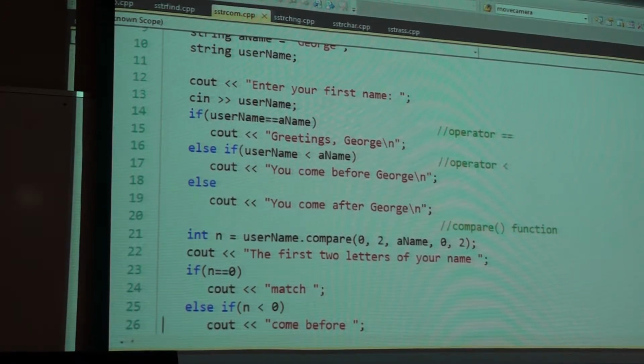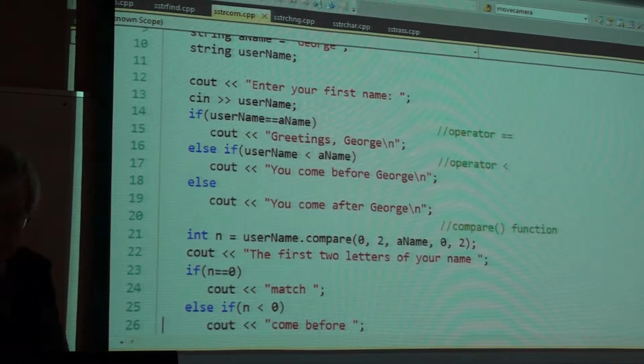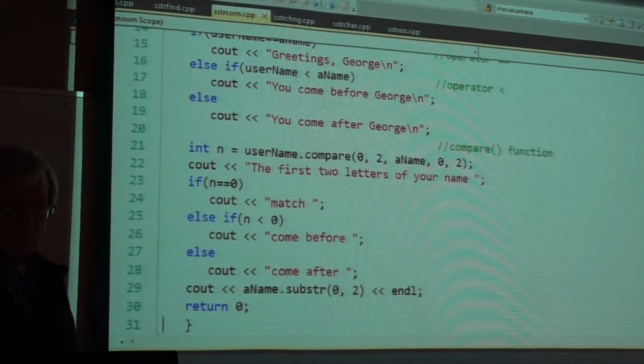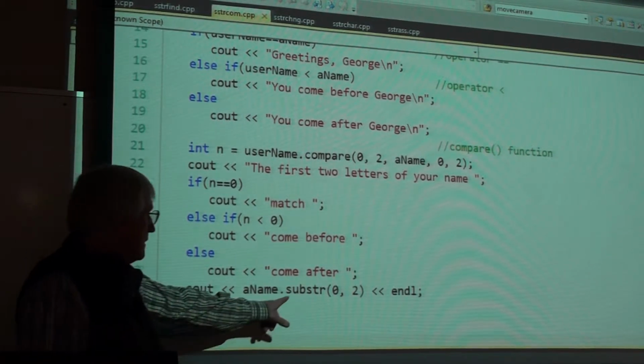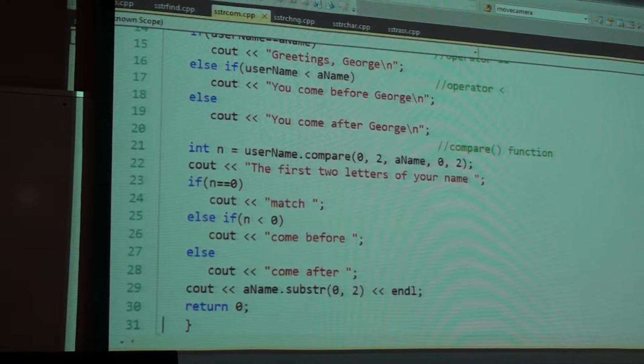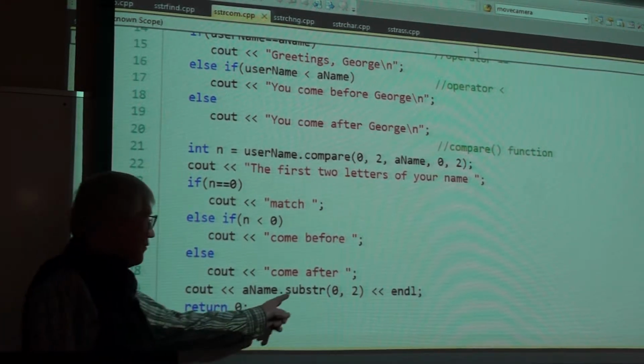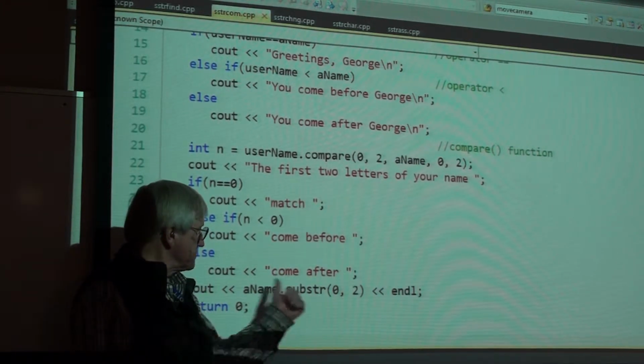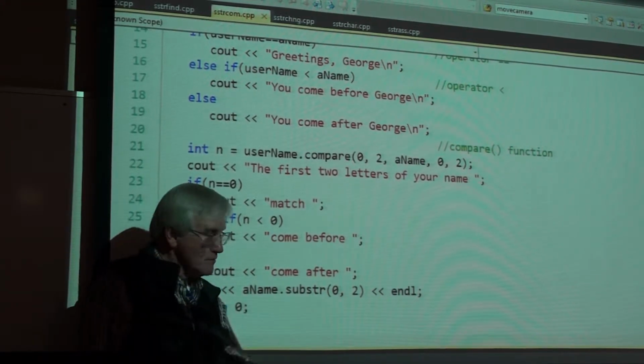It's only what we've been talking about for 20 minutes now. What's the class? String. Okay. Username is an instantiation. It is an object of class string. Okay. Here's another one. Substring. A member function of the string class looking for and returning the substring of a name starting at 0 for a length of 2.